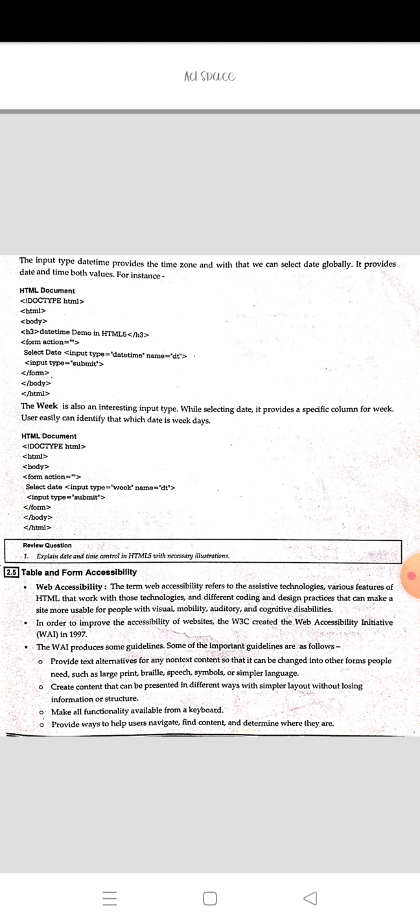Create content that can be presented in different ways with a simpler layout without losing information or structure, and make functionality available from the keyboard. Provide ways to help the user navigate, find content, and determine where they are.